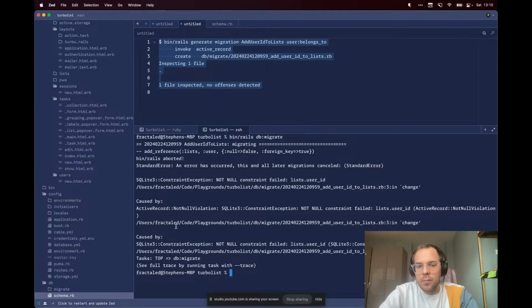And we're going to get an error because we have existing data, and that existing data will have a null value for user ID. So since we're still in early development, we can solve this problem by wiping our database. If you were in a context where you have an application and it's actually running in production and you have existing production data,